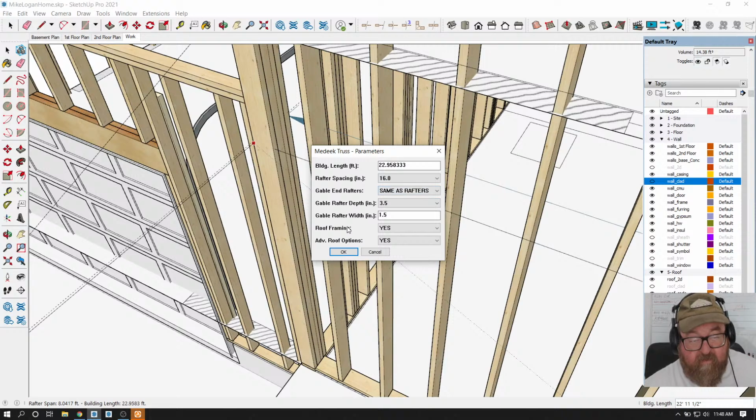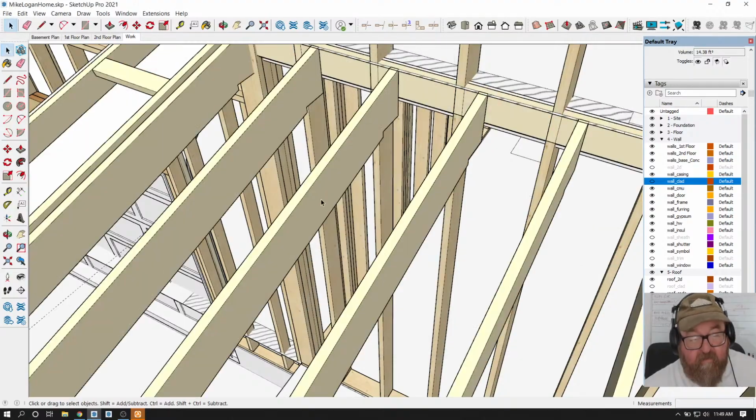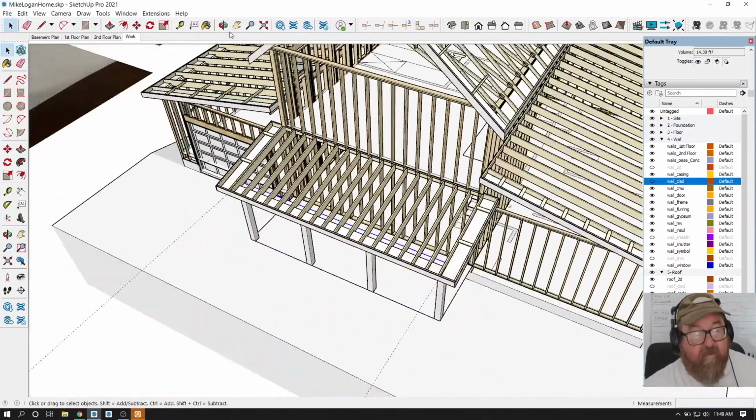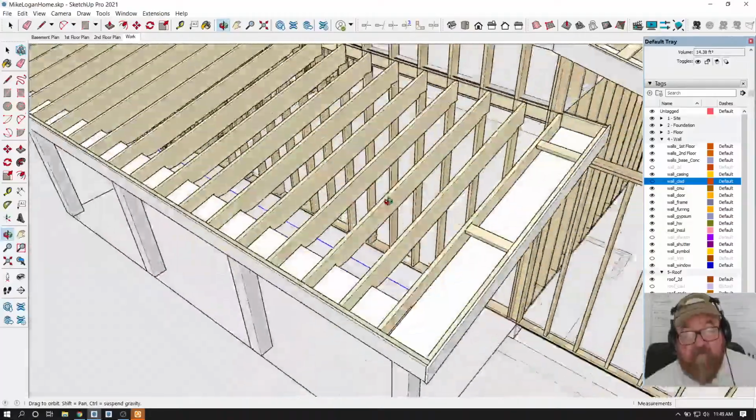I can draw a rafter and make it a component. And what it wants me to do is this gable end. I don't know why, it's kind of annoying. I'm probably gonna have to change this to non-structural until, yeah, there we go, until I get it to where I want it. Now these rafters don't have to be